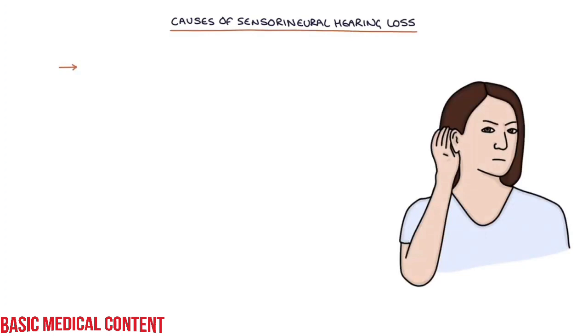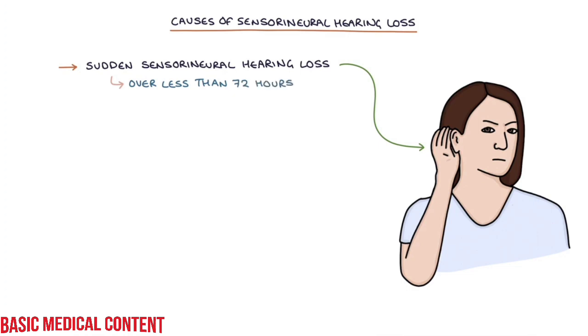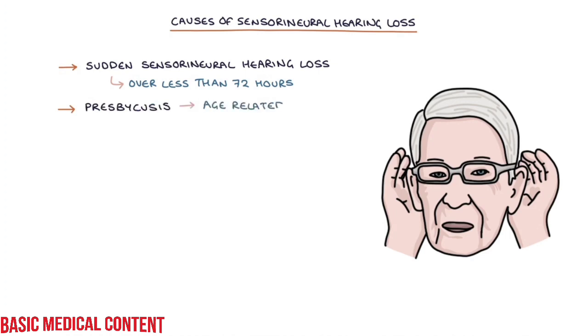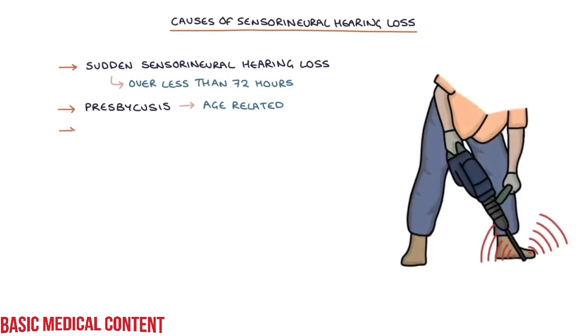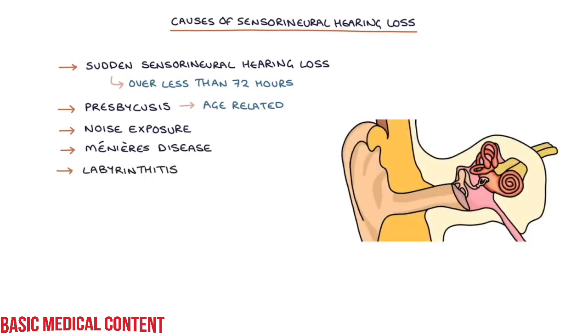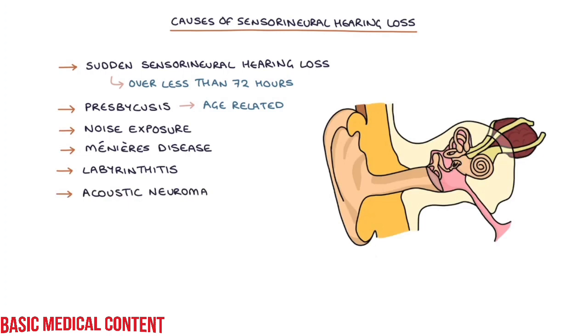Let's talk about the causes of sensorineural hearing loss. The causes of adult onset sensorineural hearing loss are sudden sensorineural hearing loss, which is defined as hearing loss over less than 72 hours, presbycusis, which is age-related hearing loss, noise exposure, Meniere's disease, labyrinthitis, acoustic neuromas,